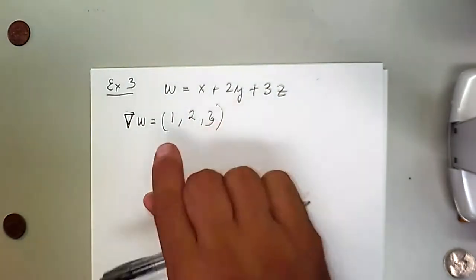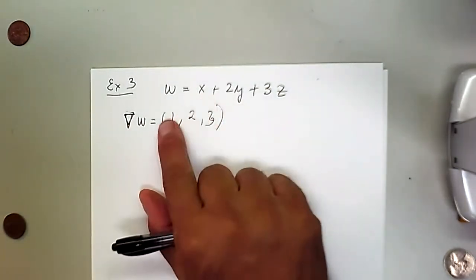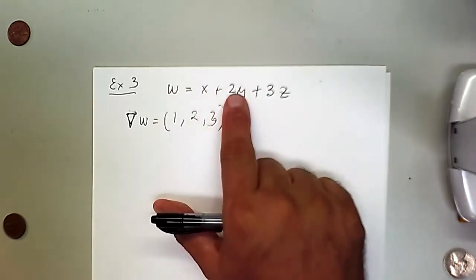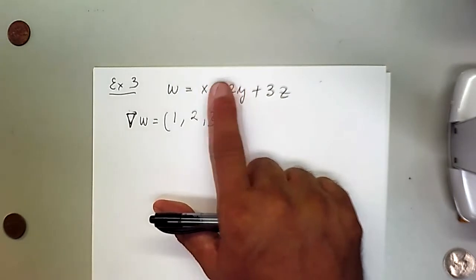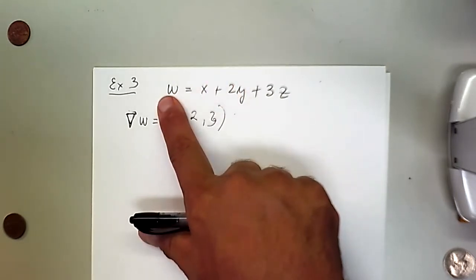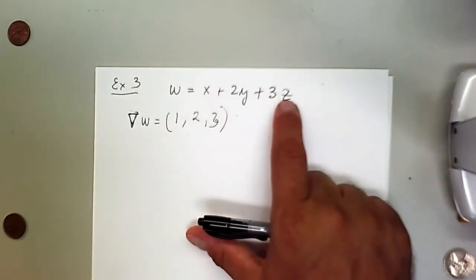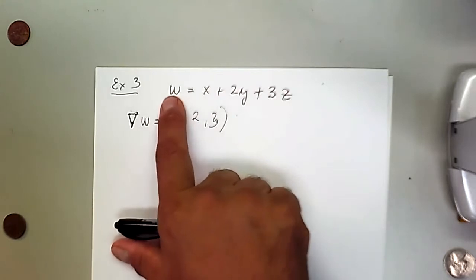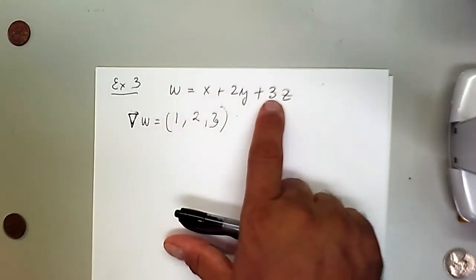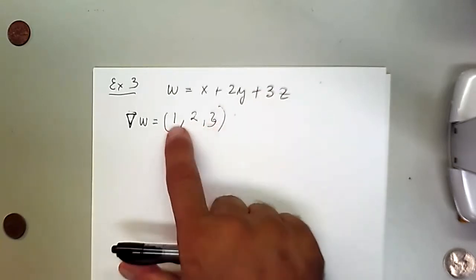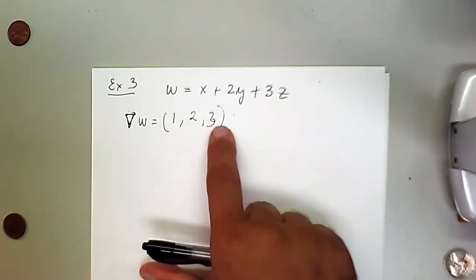Yep. So if you increase x by 1, the function is going to increase by 1. If you increase y by 1, you're going to increase w by 2. That's what this tells us. If you increase the z value by 1, we're going to increase the output by 3 because we're going to weight the z more. That is what this is telling us, how much the x and the y and the z are